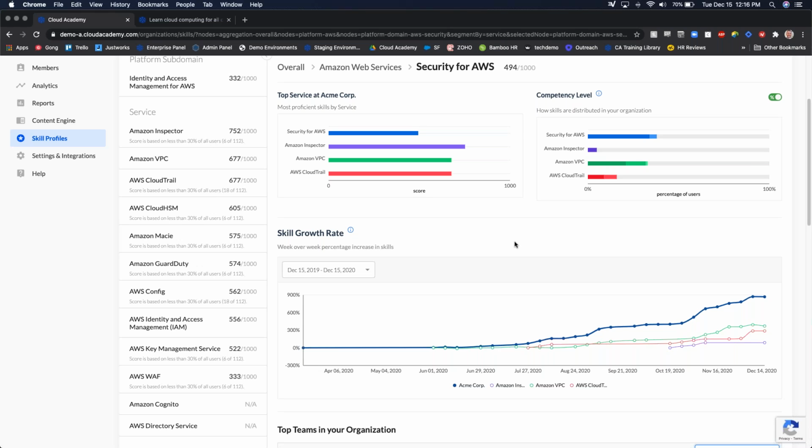So it's a multifaceted approach, and we do measure this multiple ways with our customers. They use these in different ways as well. Anything from engaging in consulting agreements to putting people on projects to mentoring new hires, even quarterly performance reviews. There's tons of different applications that can be used for these skill profiles.